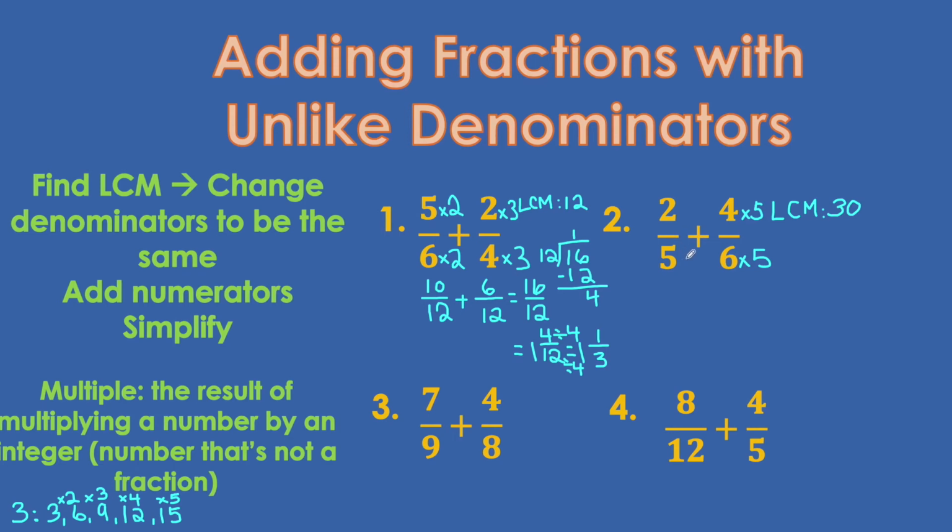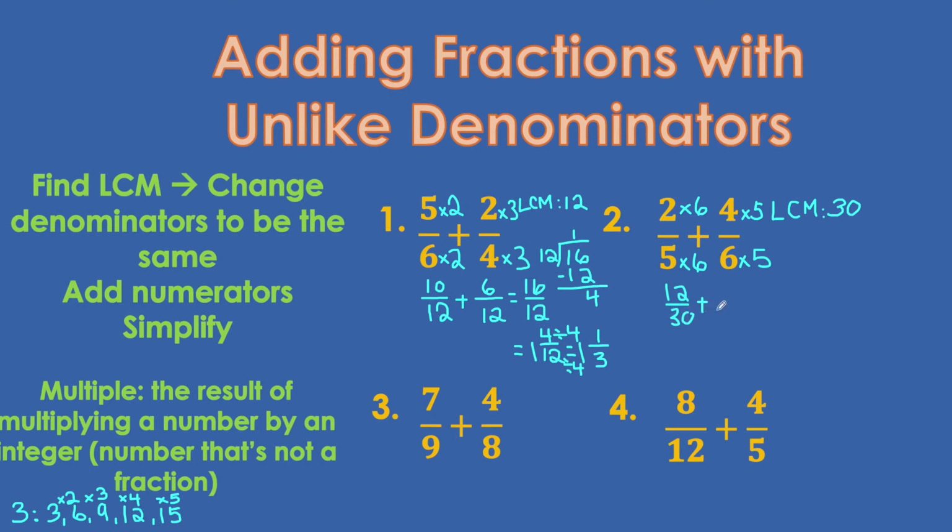We're going to multiply 5 by 6. And we're going to multiply the top by 6. So you end up having 12 30ths